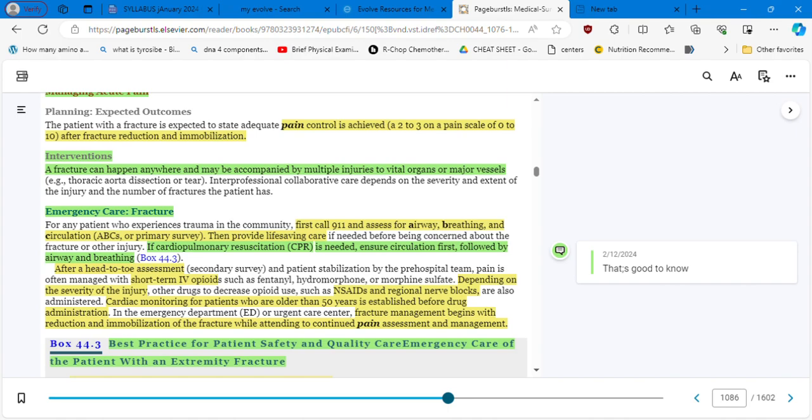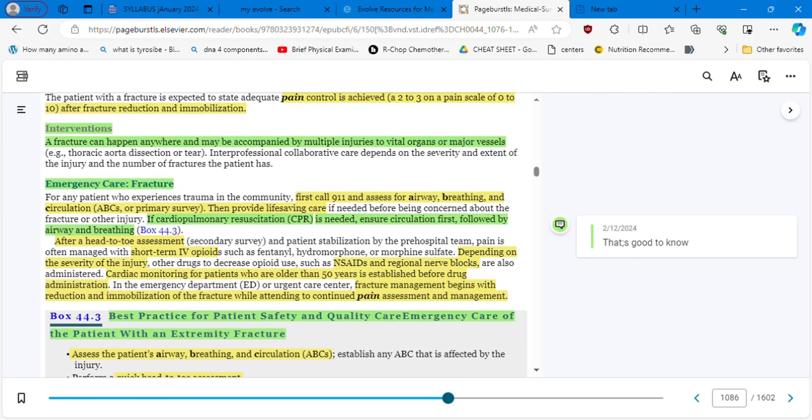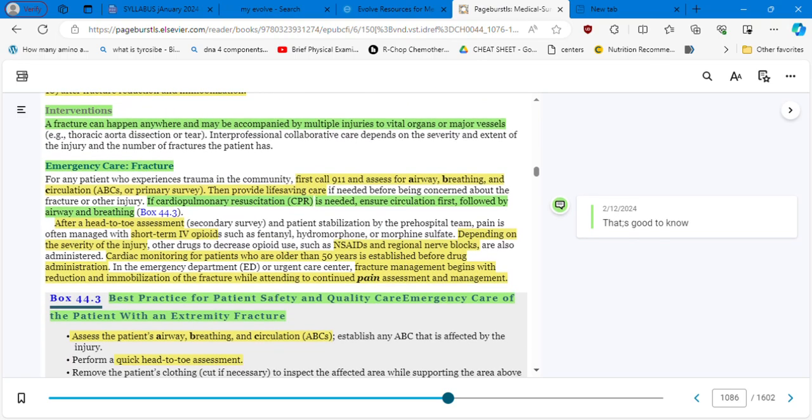What interventions? A fracture can happen anywhere and may be accompanied by multiple injuries to vital organs or major vessels. So for emergency care of a fracture, you first call 911 and assess for airway, breathing, and circulation, your ABCs or primary survey, right? Then provide life-saving care. We know our CPR. We review this, and this is good to know. You're going to ensure circulation first, followed by airway and breathing. After a head-to-toe assessment,